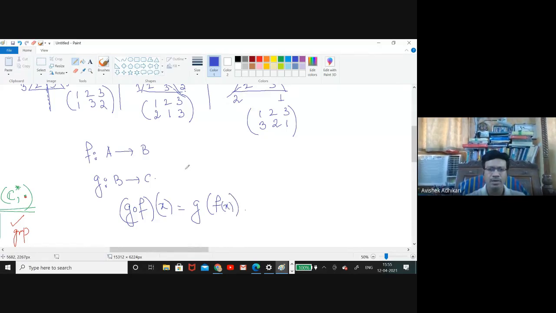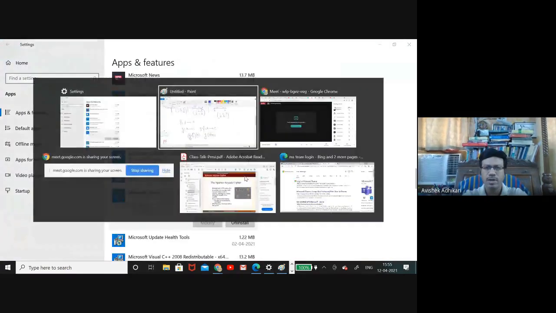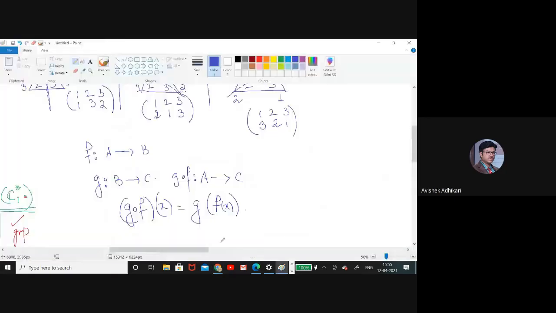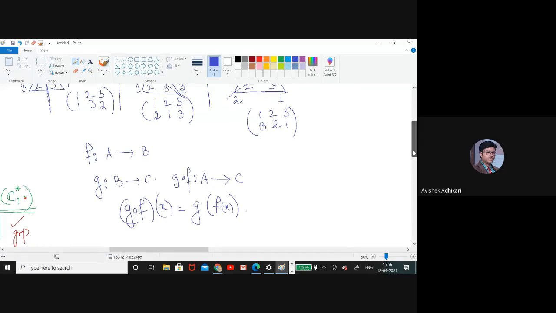So G composed F is basically a mapping from A to C, right? So this is a mapping from A to C. It's clear? That's why I have written like this: G composed Fx equal to G of Fx. So similarly, here also we have